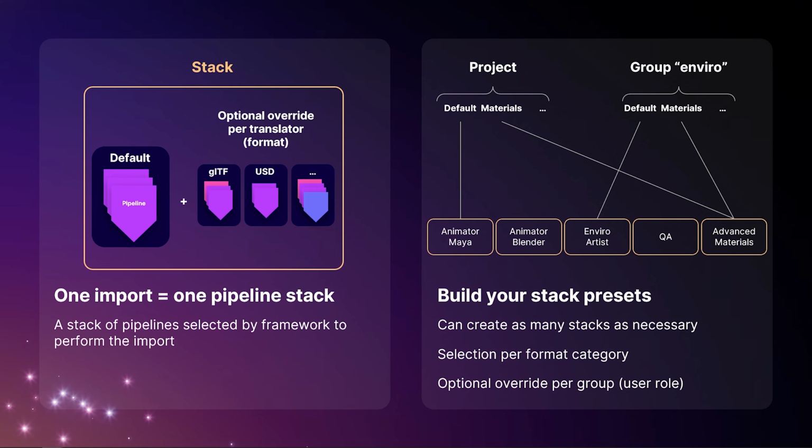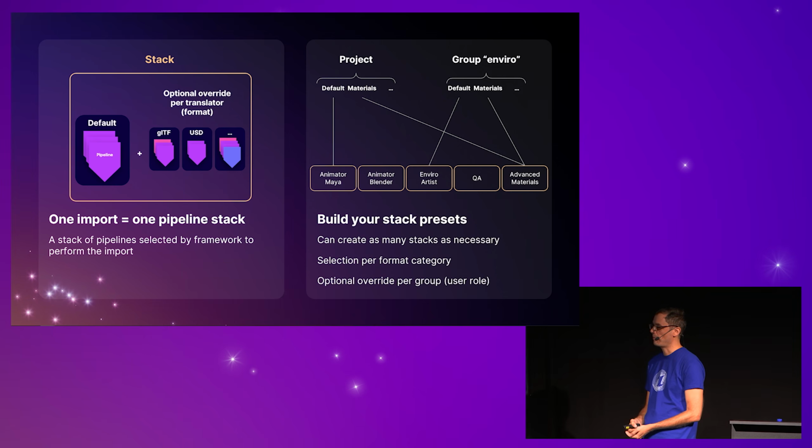So I will be a bit slower on this slide. The current philosophy is that I make some pipelines to import my 3D model. These are my presets. This works well for glTF and OBJ. But when I want to import glTF, some presets are different, and not just presets are different. Like we've seen before, I might need some extra importing operations to be done because for glTF I do something specific for materials. So what we have done is that we have this thing we call a stack, where you